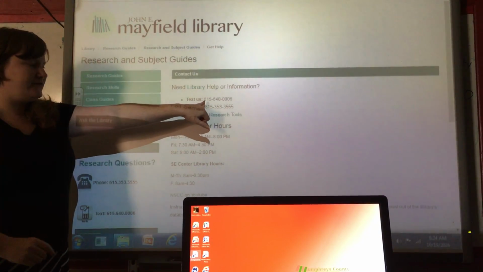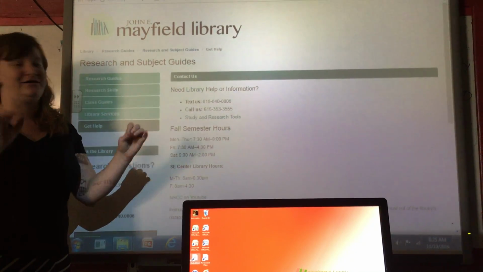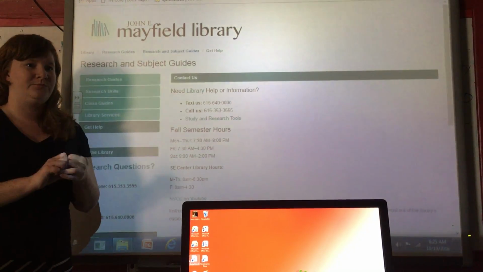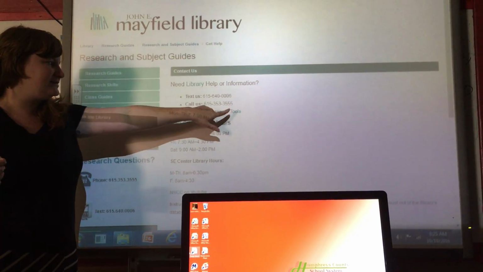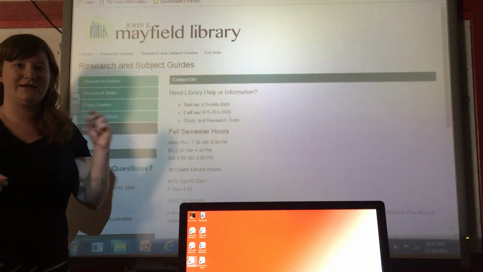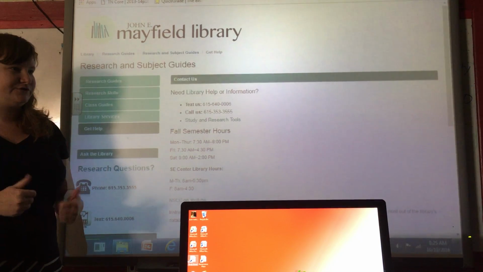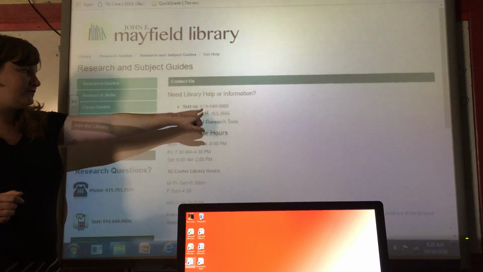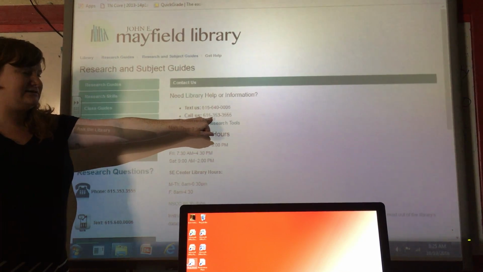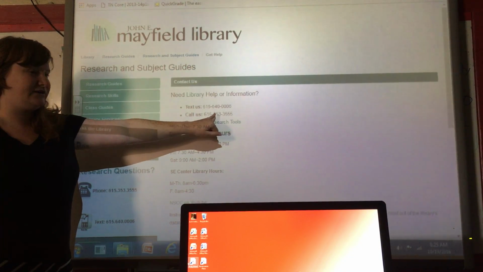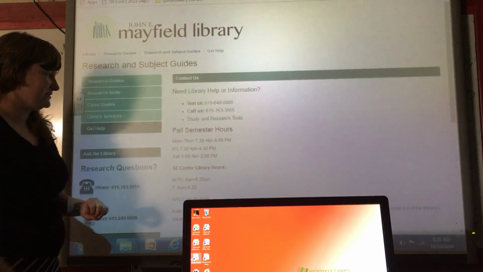You will see right here there is a text message number. If you are really stuck on research and you cannot find sources, or you need help with something from the library itself, like you guys can get them to send you books, you can text message a librarian and they will text you right back and be like, hey, here's how you find some sources for your research paper. Super helpful. So make sure you have this number. Make sure you don't get it confused with this number, because this is a landline. The 353 number is a landline, so you cannot text that one. But the 640 number, you can text message that one.